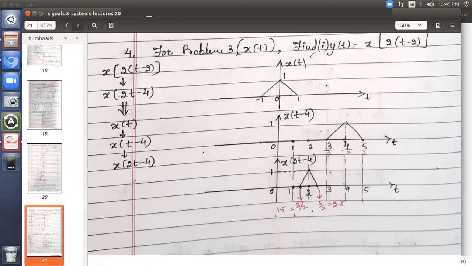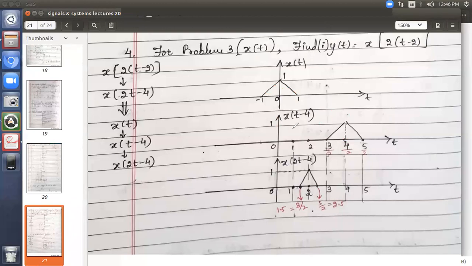Now we will cross verify whether our shifting is correct or not. What is the total length here? It is 2 units, right? -1 to 0 and 0 to 1, 2 units. Count here, both are same. Just compare. The range between these two is 2 units. Here also the range between these two is 2 units. So we have shifted the signal to the right side by 4 amounts. The new range of time is 3 to 5. Here it is -1 to 1. Remember, we are not touching the vertical axis. Amplitude is same. We are only working on the horizontal axis, that is time. So shifting is done. Now let us go for scaling.